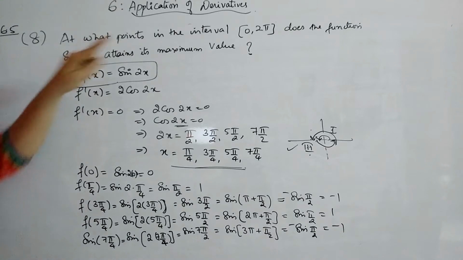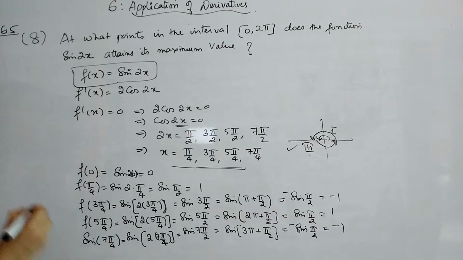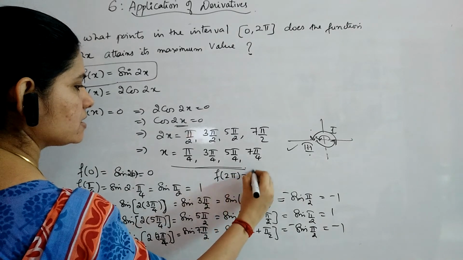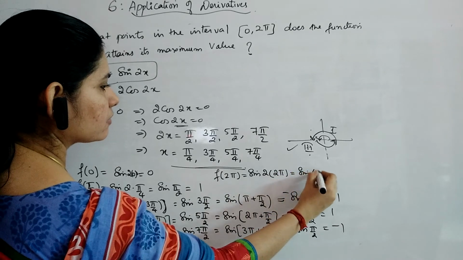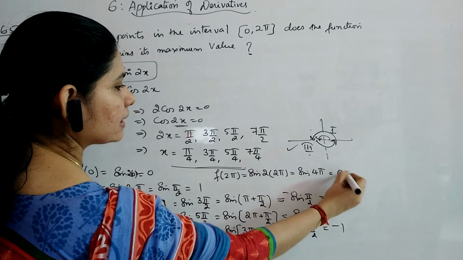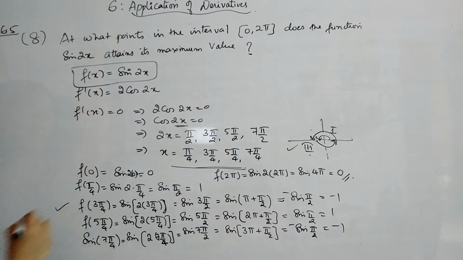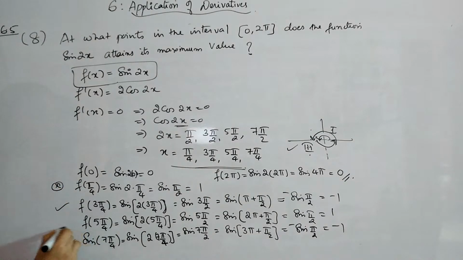Now one more, which is 2 pi, which is in the interval. So all these values we have checked. Next is f of 2 pi, which is sine of 2 into 2 pi, which is sine 4 pi. Again, an even multiple of pi is giving you 0. So the values which you got are 0, 0, 1, minus 1, 1, minus 1. Which is the minimum and which is the maximum, that we have to check. So you are getting the minimum as negative 1 for 2 points of x and the maximum as 1 for these 2 points, right?